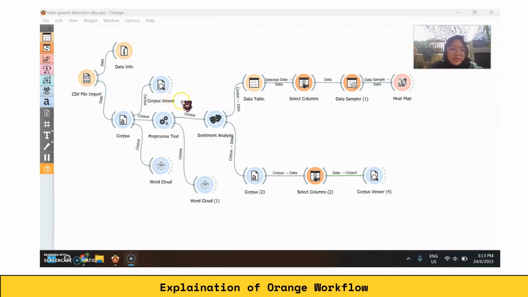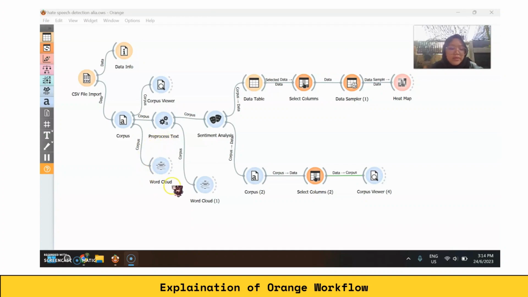The corpus viewer is to display corpus content. And then the second part is pre-processed text. Pre-processed text splits your text into smaller units, filters them, runs normalization, and creates n-grams and tag tokens with part of speech labels. This part here has been explained before by NAJIHAH.